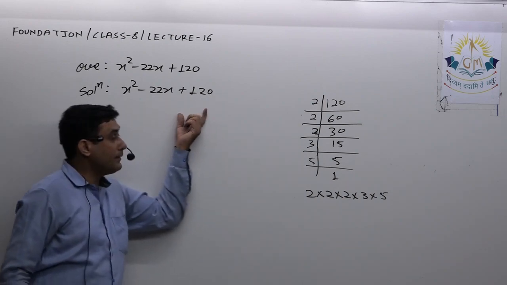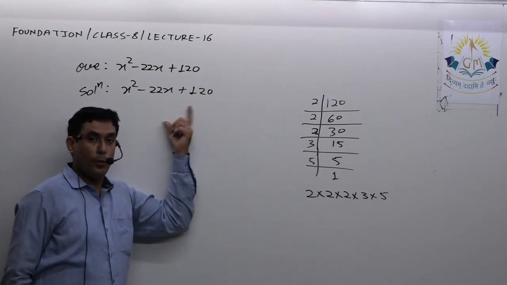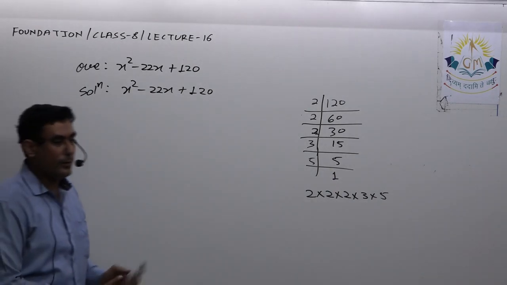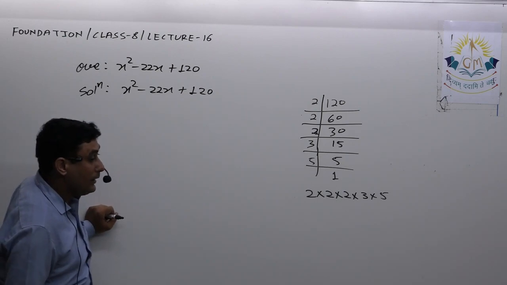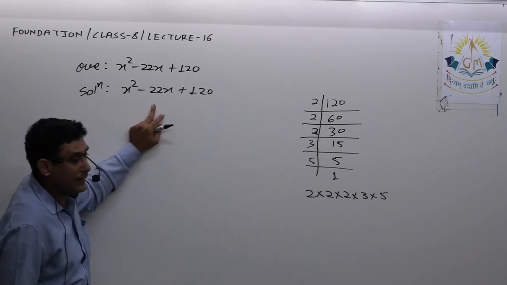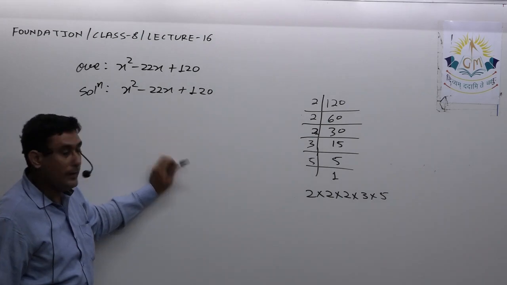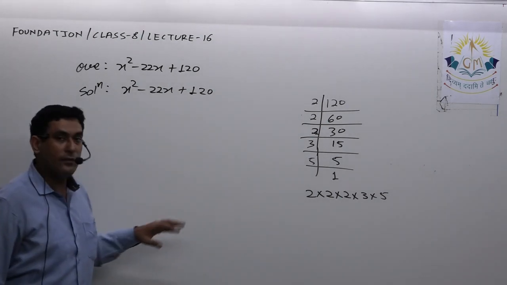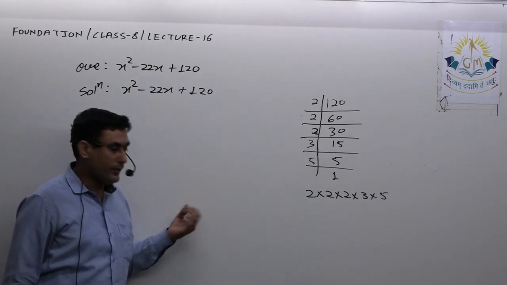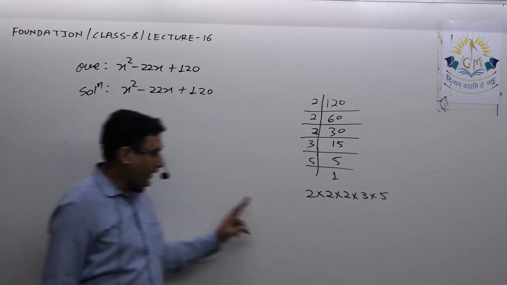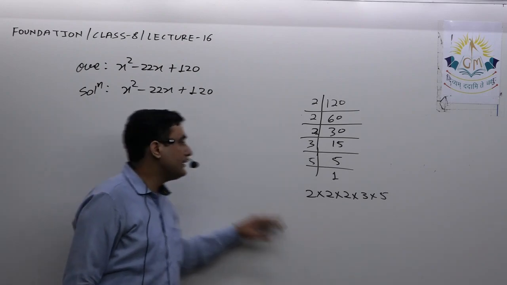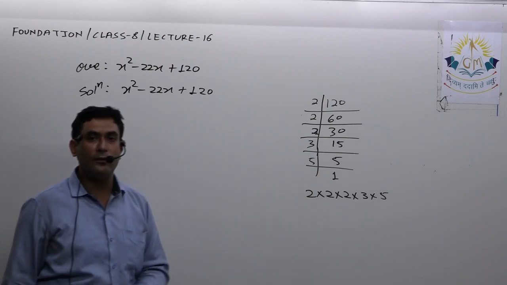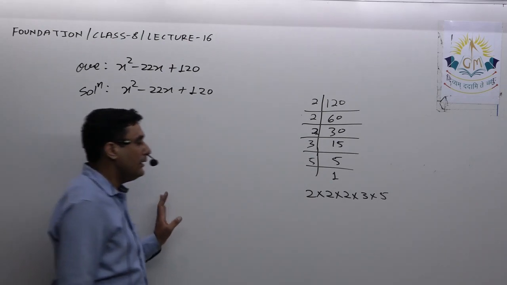Now over here this time the product is positive. That means both terms must be negative or both terms must be positive. Now as the sum is negative, it means both terms must be negative. But again I am saying, if you are not able to identify this with the help of sign, don't bother, just find the correct combination which gives you the sum as 22 or the difference as 22, and later on it is easy to decide the sign.